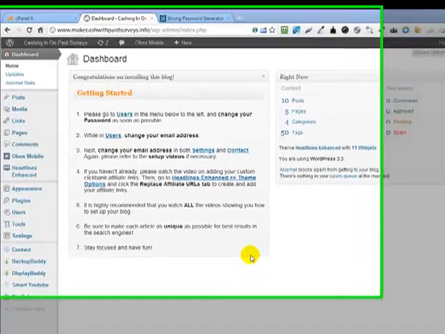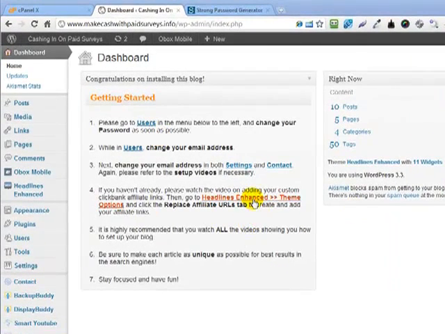Okay, in this video, once you've installed the blog and you've logged in, you're going to see that the dashboard looks slightly different. This is using the very latest version of WordPress, which is 3.3, and it's basically saying congratulations on installing this blog, getting started. This is mainly for folks who are relatively new and first time installing this type of blog, and it's saying,